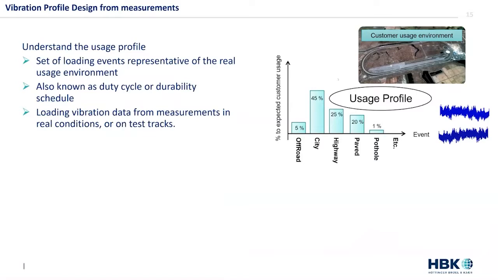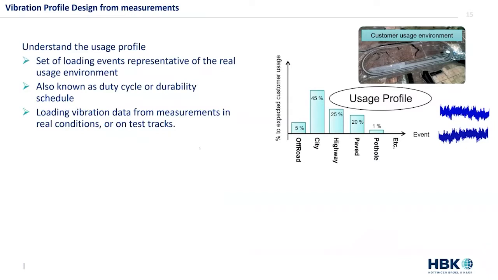It's often done on test tracks, but it could be done also during real conditions, real usage of the car. You just have to section the data corresponding to the various situations, extract those data and maybe concatenate them, or there's some editing of the time series to be done. All this can be done in GlyphWorks very easily, our software GlyphWorks. So once you have your measurements and you know the number of repeats for each corresponding to the whole mission profile or usage profile,